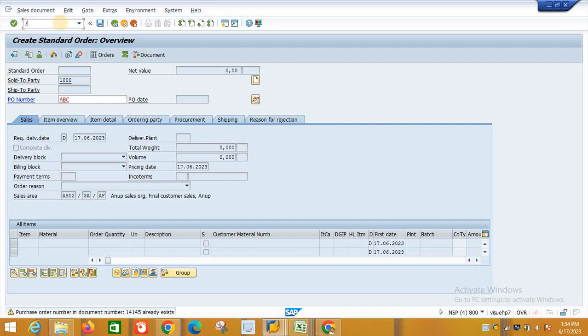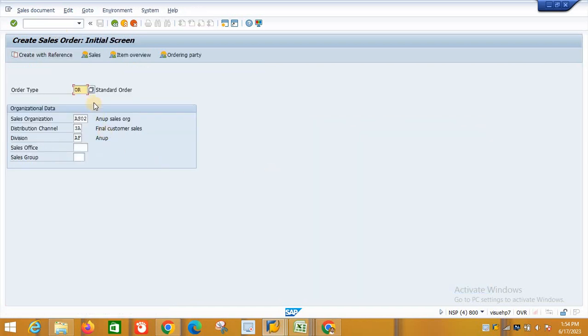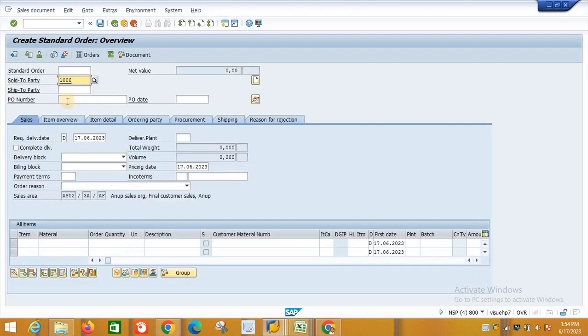I will go back, VA01. Here OR A02 3AF. Let me put the customer, and I do not put the purchase order number, I directly put the number.